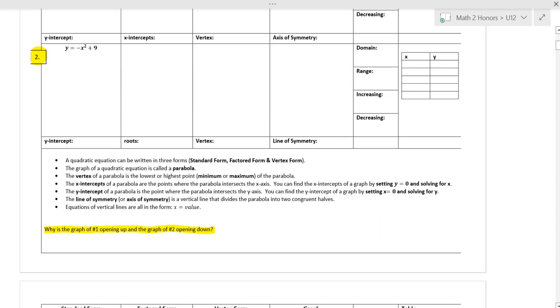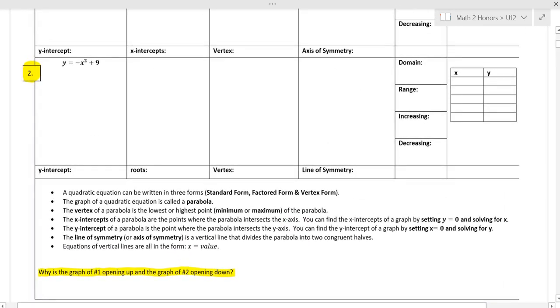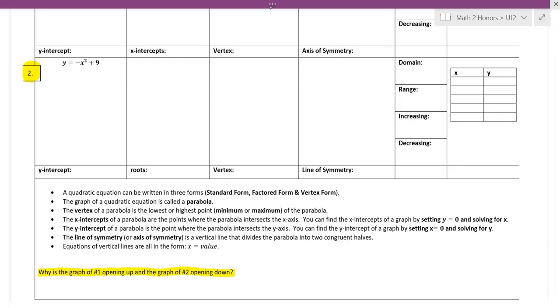Alright, I'm going to go over number 2, 4, and 5. We're learning about quadratics here, and all kinds of fun things that we're filling out and learning how to do. So, starting with number 2,